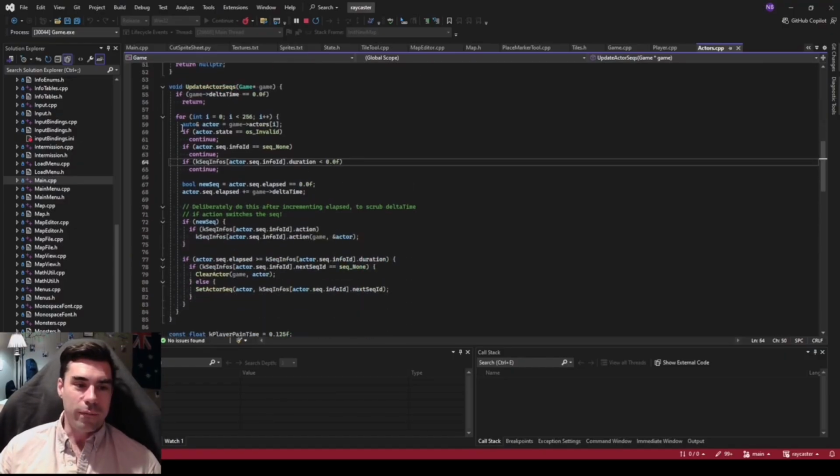You can see we go through, and then for one particular actor, we'll get the sequence that they're in, and then we'll see if the duration is less than 0. Then go on to the next one. Duration less than 0 is a little trick. We use it like a sentinel value. If the duration is negative, that means we never transition out of this state. We're just stuck in this state, right? That's like a dead end kind of state, like I was saying. So we don't waste any time on it. But otherwise,